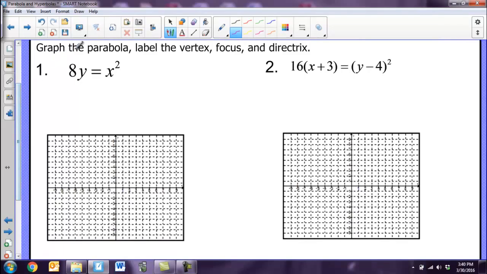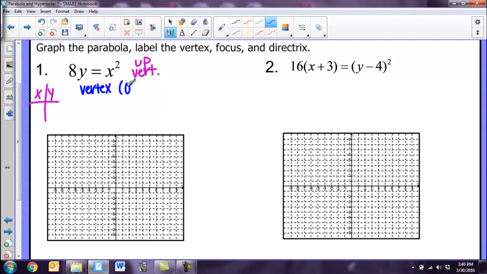And for this first thing, if I look at this guy and I see the x squared, this is what I'm used to. This is a regular parabola. It's going to open up because there's no negatives inside. And so you are more than welcome to make the XY chart and plot some points and get your picture that way. But if you want to graph it using your conics knowledge, we know that this is going to open up. It's vertical, so it opens up. I know it's vertical because x is squared and there's no negatives. And then I know that my vertex,